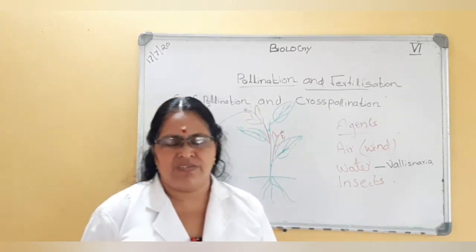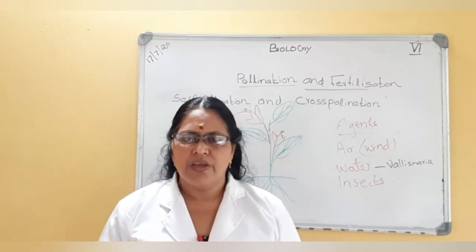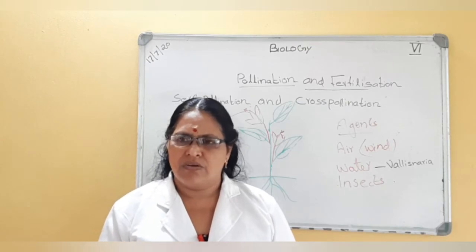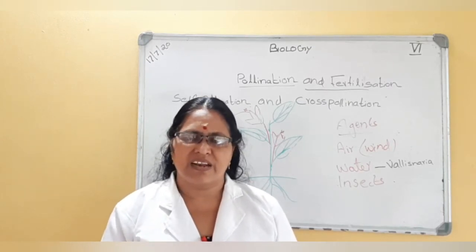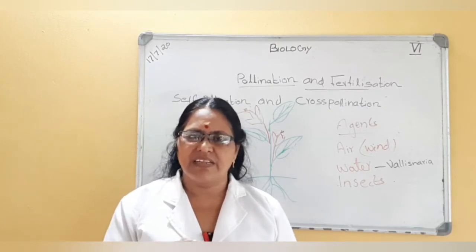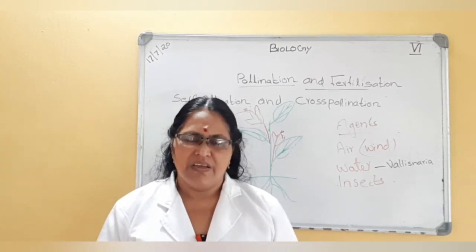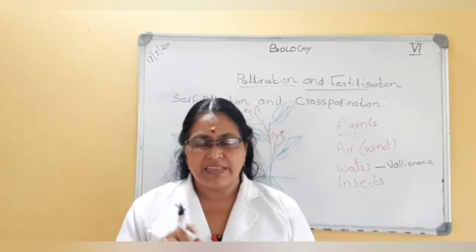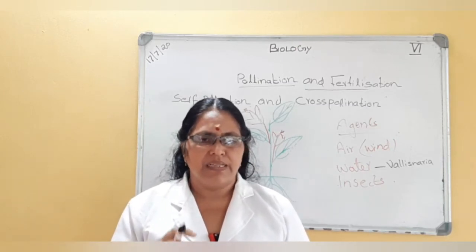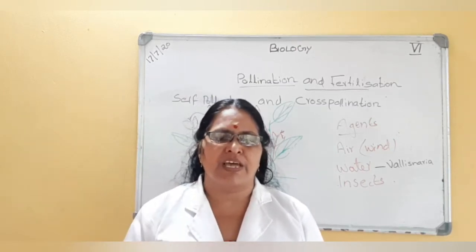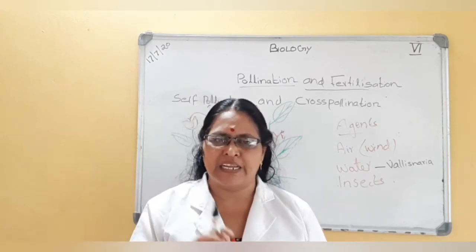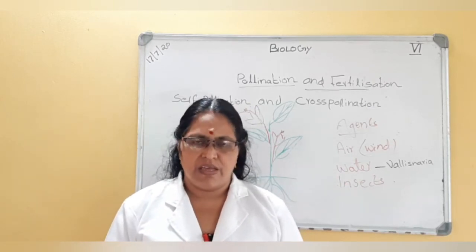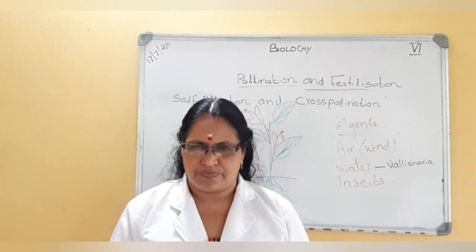That is the next one. Insect pollinating flowers. Pollination by insects. You might have seen the insects like a bee or some other insects, butterflies, etc. visit the flower. They visit the flower to suck nectar. When they suck nectar, the pollen grains stick on their body. When they go to other flower of the same type, these pollen grains may fall on the stigma of that plant. So like that pollination takes place. Many of the flowers are pollinated by insects.